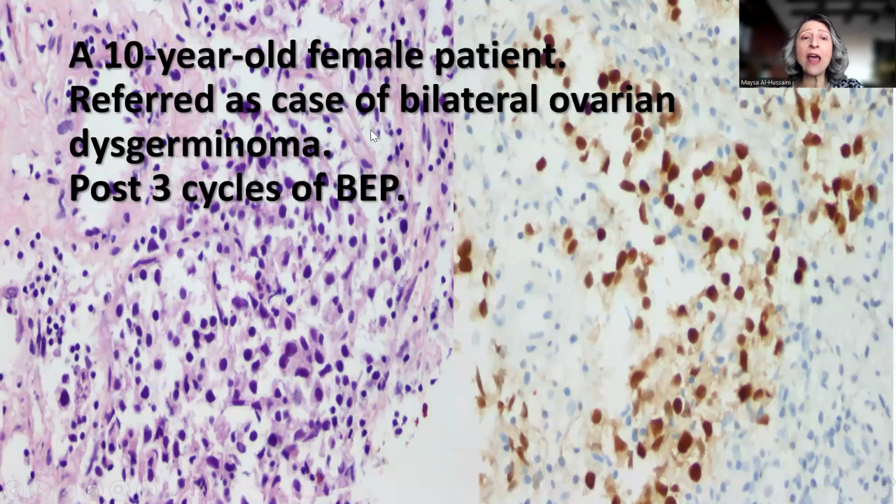was taken. And this is the low power magnification of the biopsy with cells growing in sheets with a clear cytoplasm, pleomorphic nuclei, some inflammatory infiltrate, and the tumor cells were positive with SALL4 and PLAP1, but negative for other germ cell tumor markers. So the diagnosis of dysgerminoma was rendered, and the patient went on to receive 3 cycles